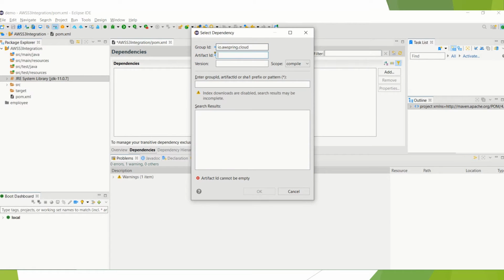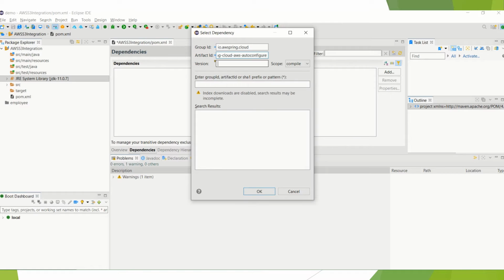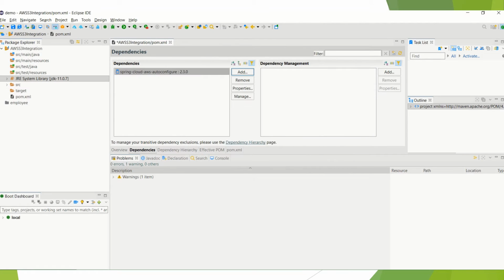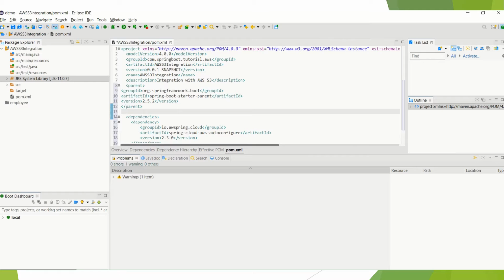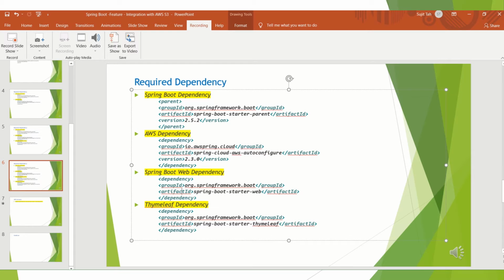This is the group and this is the artifact ID. So this artifact will give me all the corresponding related AWS jar files, version 2.3.0. Now if we go to our pom.xml, the dependency is now in place. Next, we will get the corresponding Spring Boot starter web,